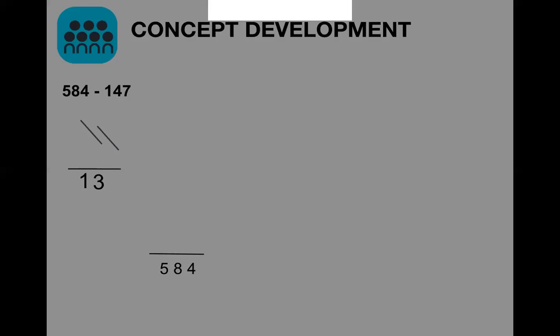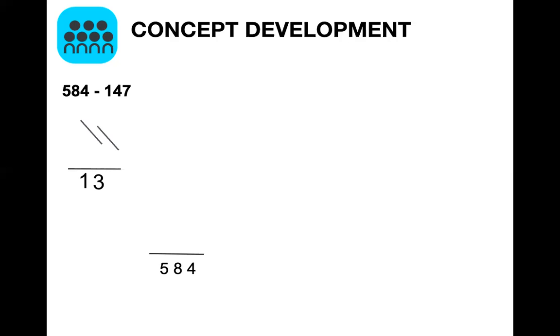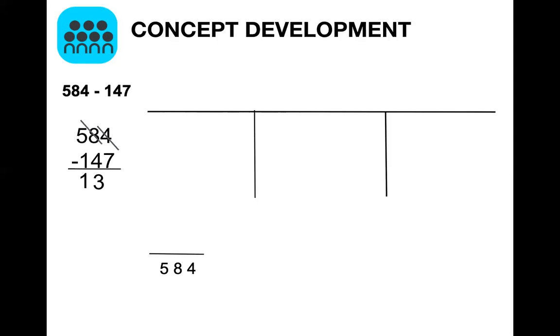We're going to now dive into our concept development. So this should look familiar. So I see here 584 minus 147. You see the vertical way that is done for us on the left, and we're going to keep that as our guide as we go through. But we know that good mathematicians always do two different ways. So let's do the drawing way. Our first step is we have to put our whole number on this place value chart. So let's count. We have 584,